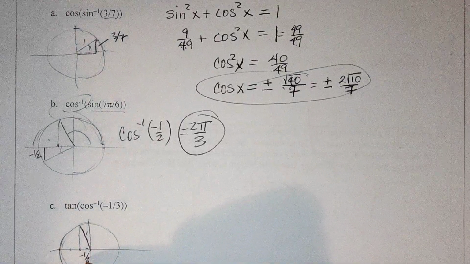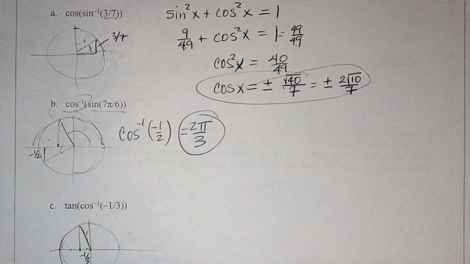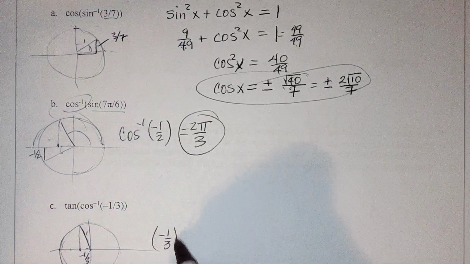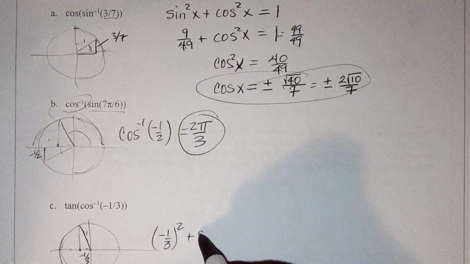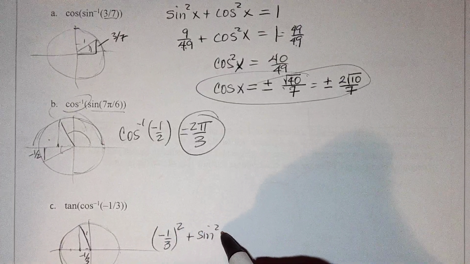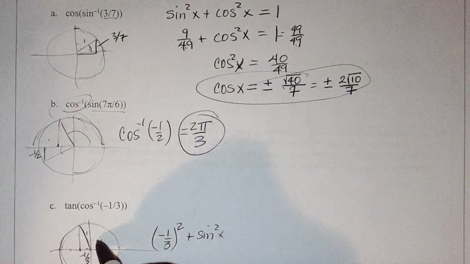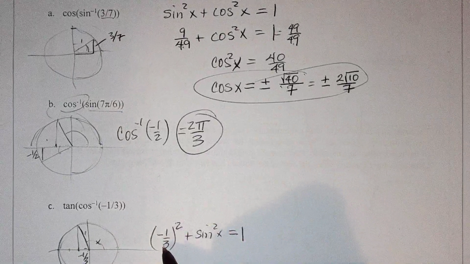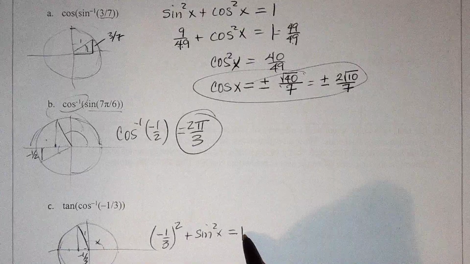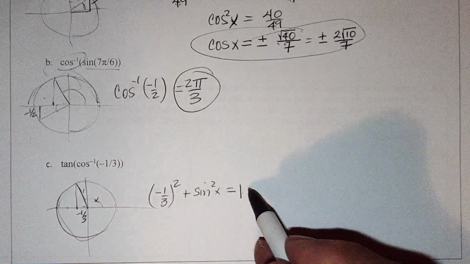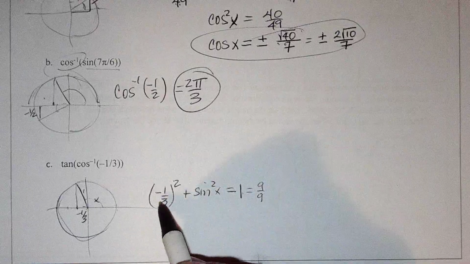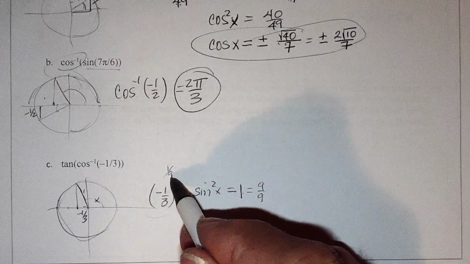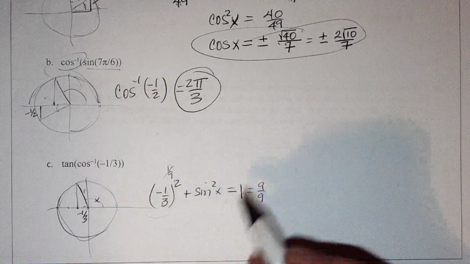Hypotenuse is 1, so I'm going to do sine squared plus cosine squared equals 1. -1/3 squared, that's cosine squared plus sine squared of whatever this angle is is 1. So this is 1/9 subtracted from 1, and 1 is 9/9, so 1/9 from 9, this is positive 8/9, and I subtract 1/9 from both sides,